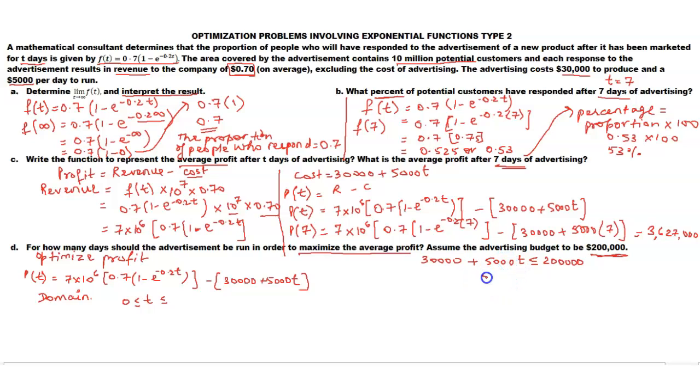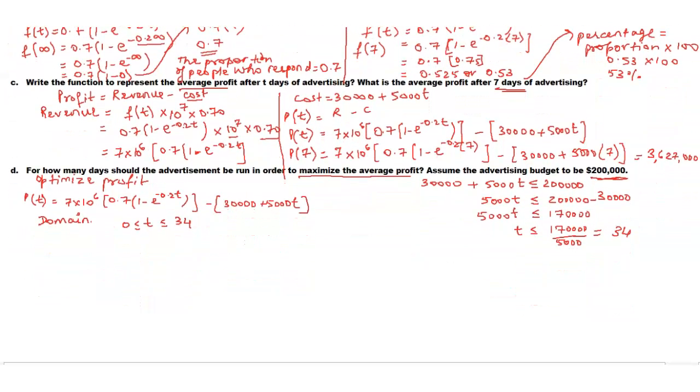We would just put our cost value less than or equal to the budget value, because we cannot go beyond this. And then we solve for t. We see we get 170,000. So t is going to be less than or equal to 170, which is going to be 34. So from here we get to know that our maximum t is 34, meaning this advertisement can run for a maximum of 34 days. We have got our domain, we have got our equation. Now we are all set to find out